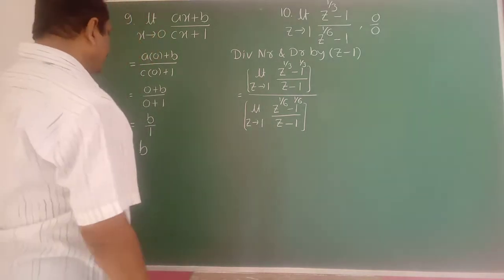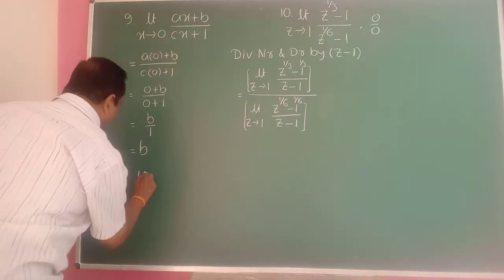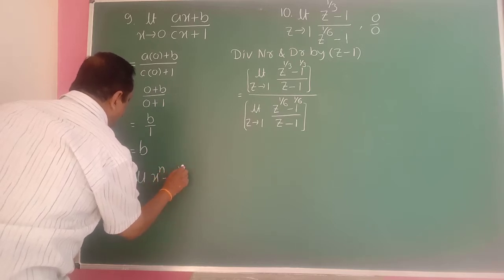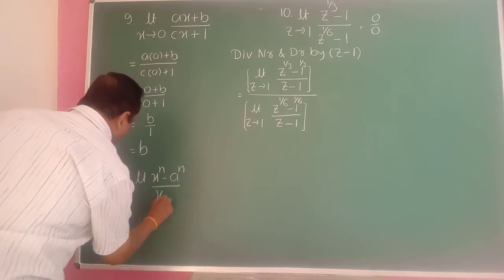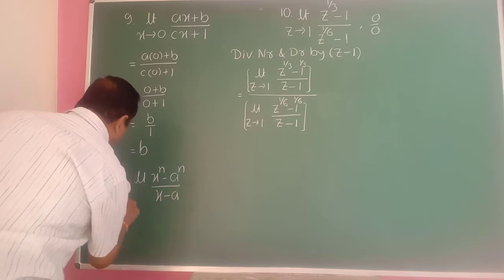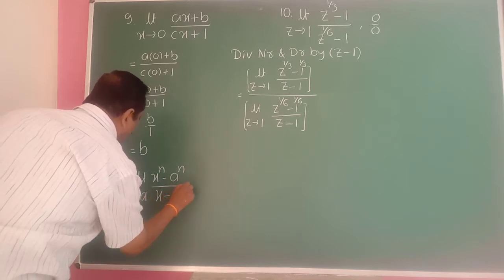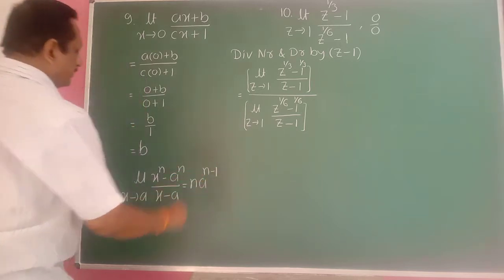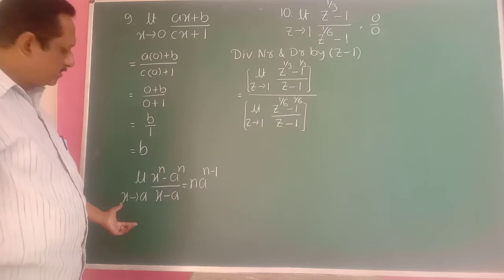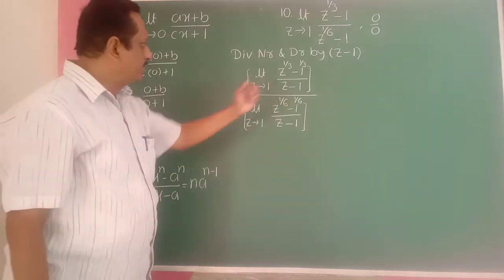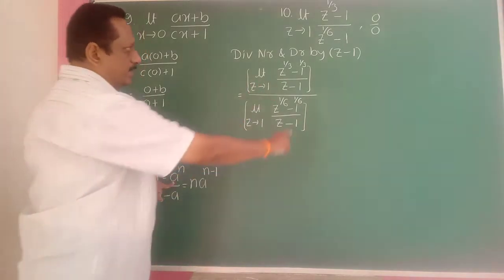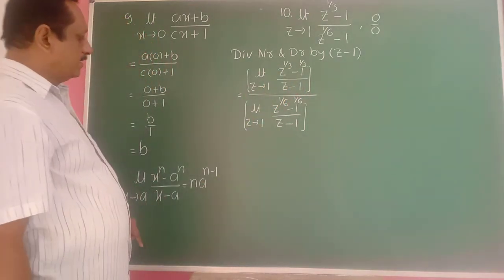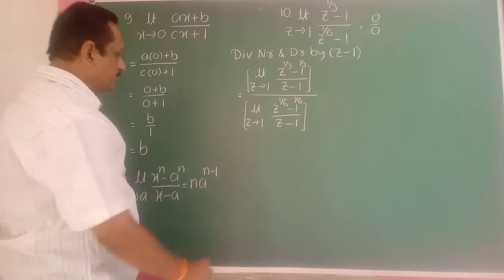Then you know the formula you already proved here. Limit of x raised to n minus a raised to n divided by x minus a as x tending to a is equal to what? n into a raised to n minus 1. This is the formula. So comparing this with the numerator, a value is 1, and n value is 1 upon 3. Therefore, using this formula, this is equal to,